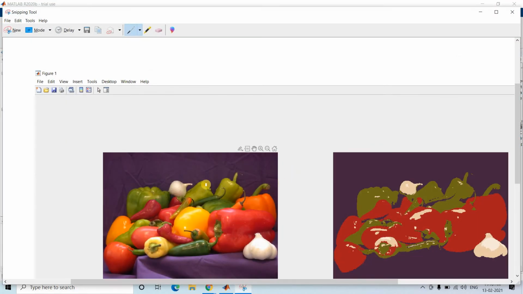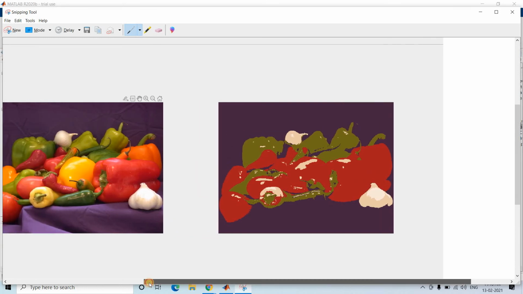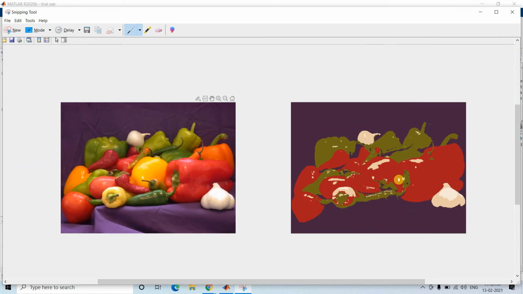Like here you can see that this is our original image and this is our compressed image after applying image segmentation. You can clearly understand that here actually very less color contrast is there, only green color coming. All these kind of red shade color are mapped to red, and this background is this kind of color is coming, and white color for onion and like these things, right.